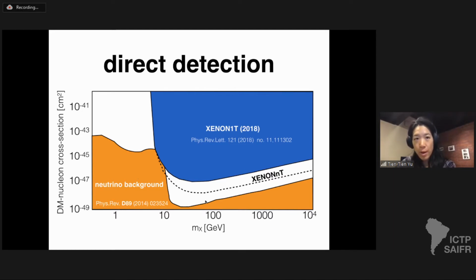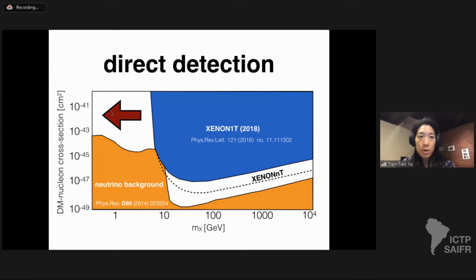And this neutrino background is a curve I got from this classic paper from 2014. And this is when you would start to see coherent neutrino nucleus scattering, and it would mimic a dark matter signature. And you would need to employ other techniques to try to differentiate between your signal and your background. So given that this is a talk about sub-GeV, I'm interested in looking for dark matter candidates that are to the left of this plot.